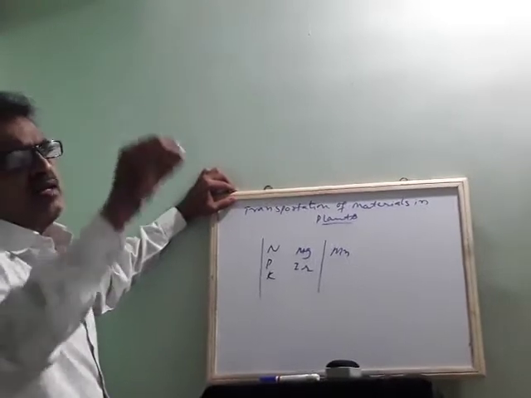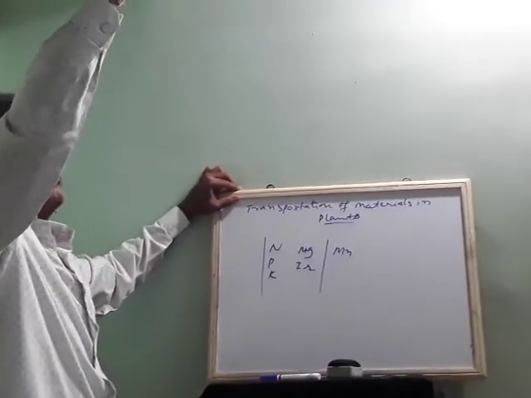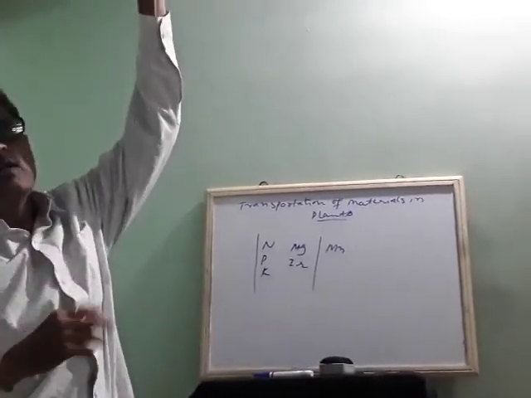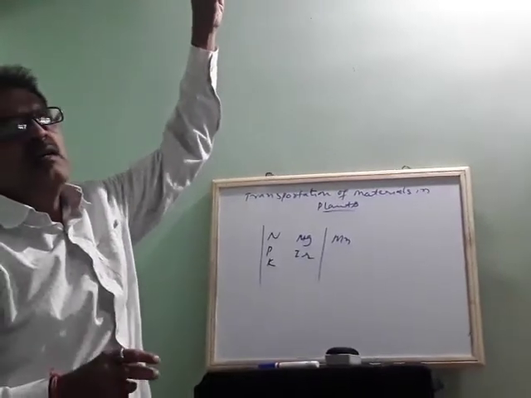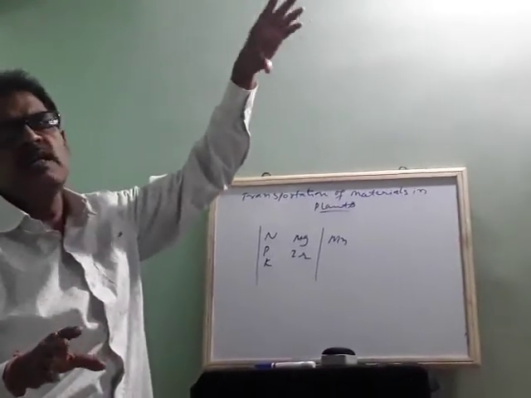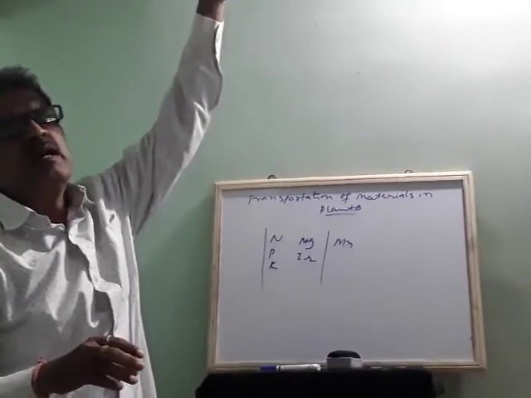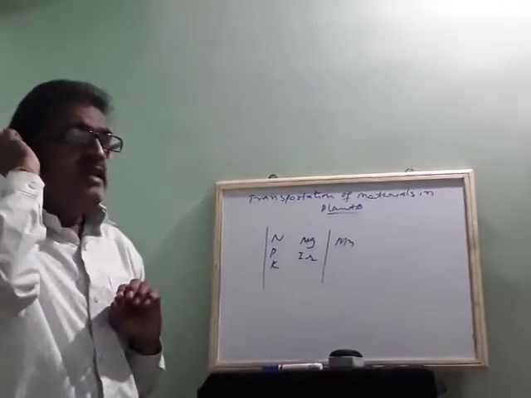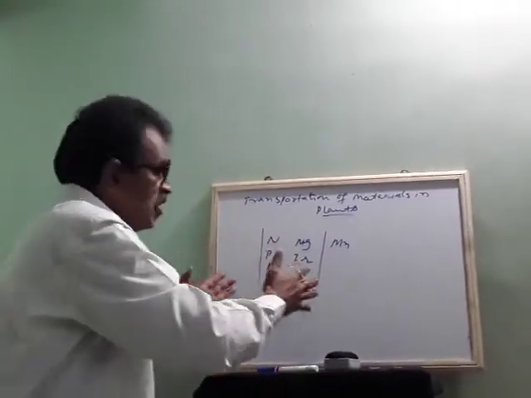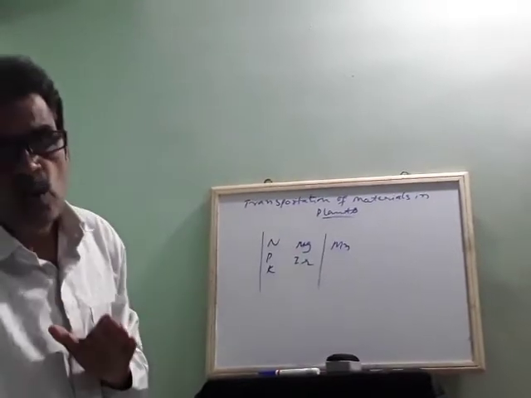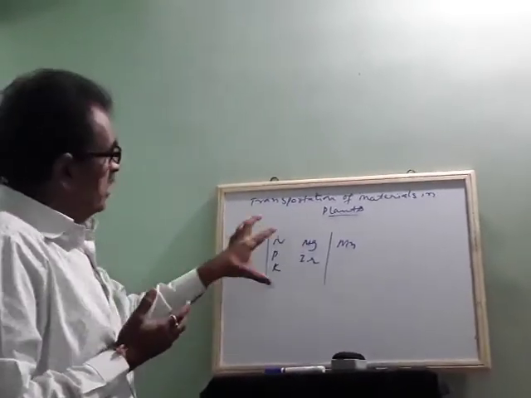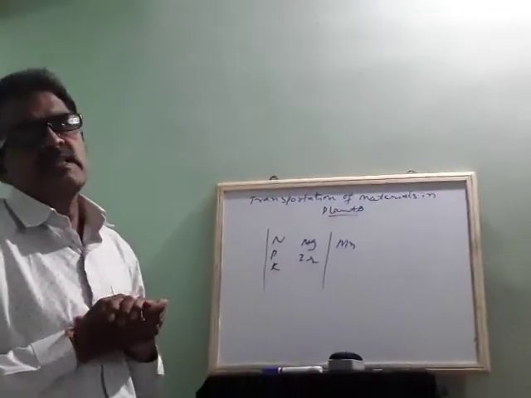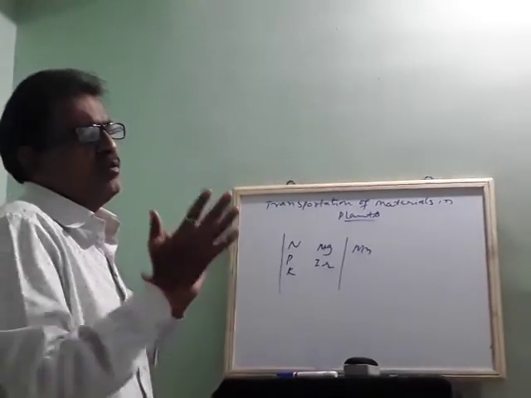One more example is very simple. If water is flowing from a higher level to a lower level, suppose water is made to flow from your terrace to the ground for trees, is it possible? Yes, it is possible easily. Just turn on the tap, water will flow from higher level to lower level, top to bottom. But if the nutrients or chemicals are made to move from lower level to higher level, what do they need? They need to move with energy. They need energy because without energy they cannot move.